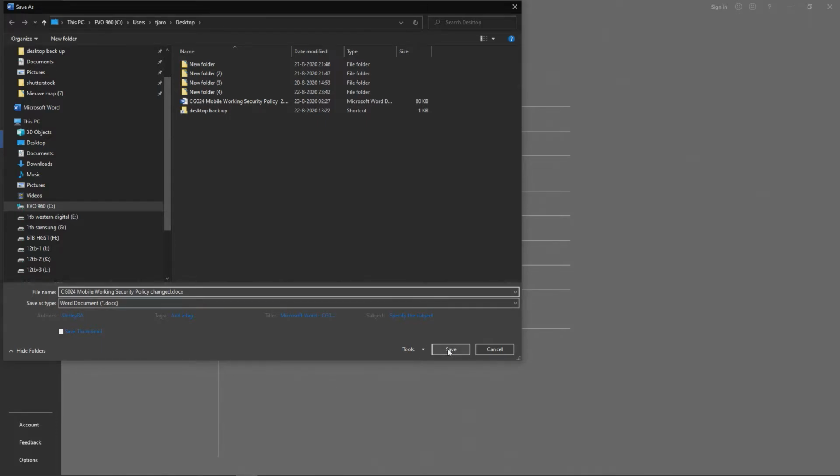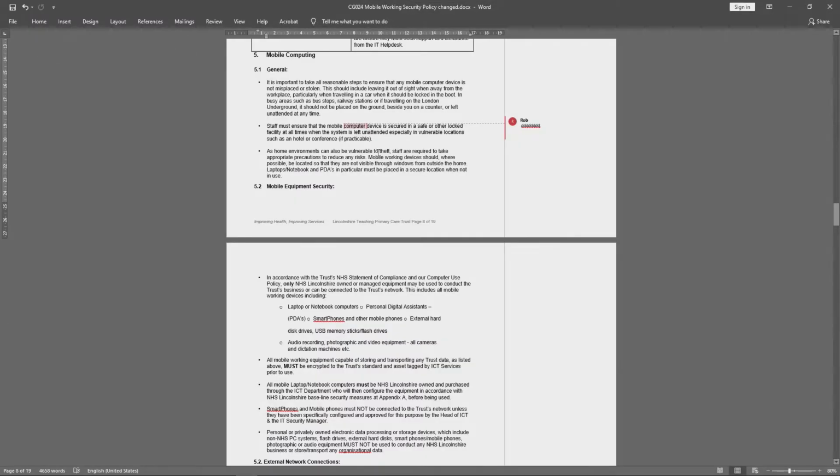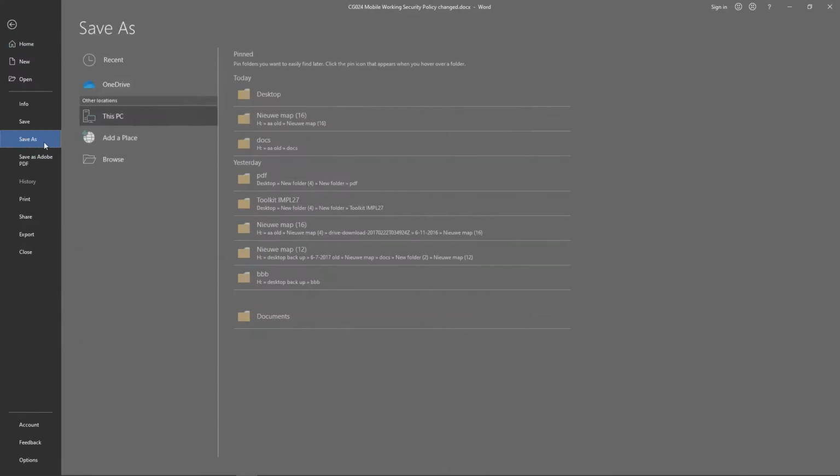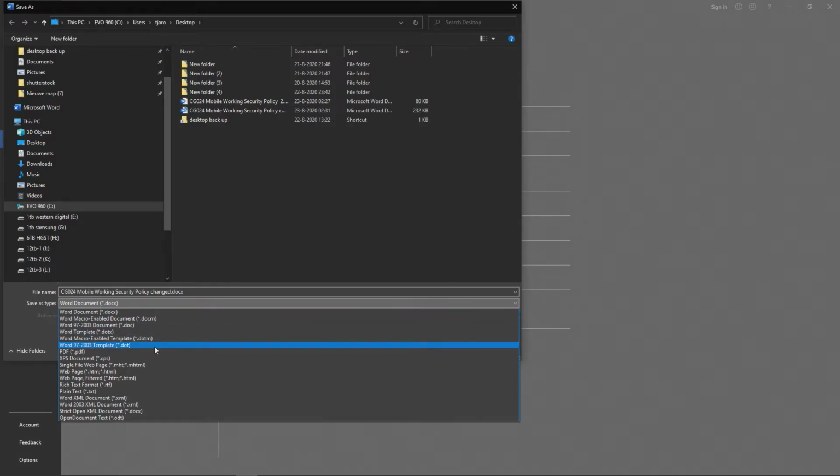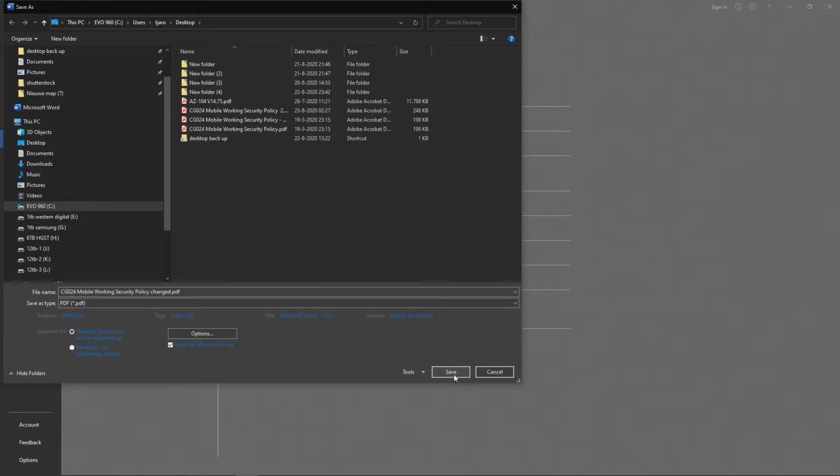Let's do that first. Okay, so now it's changed as a doc file, and you can open it and save it as a PDF file.